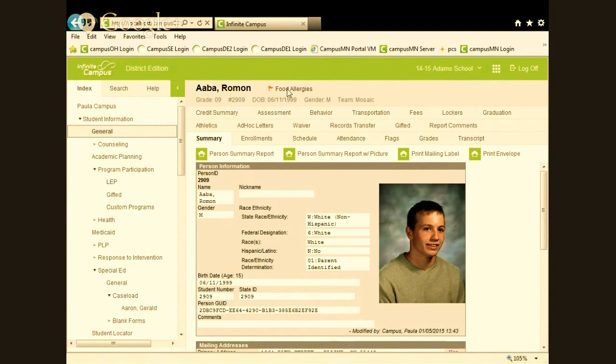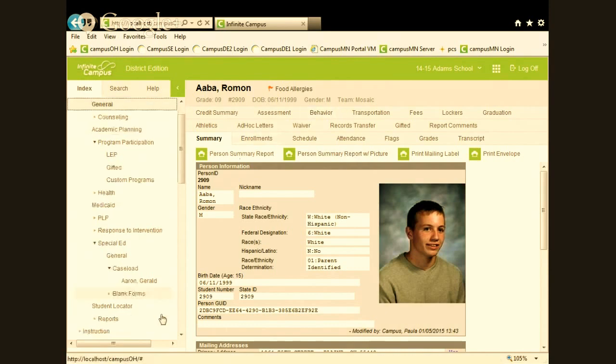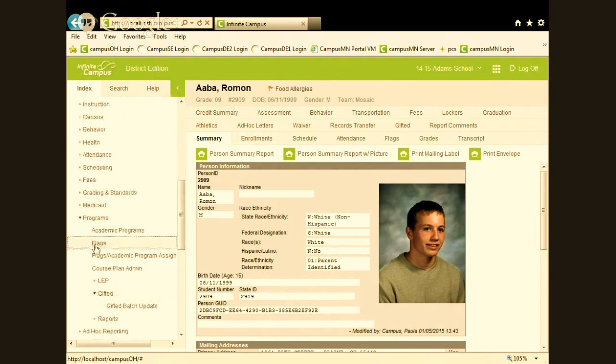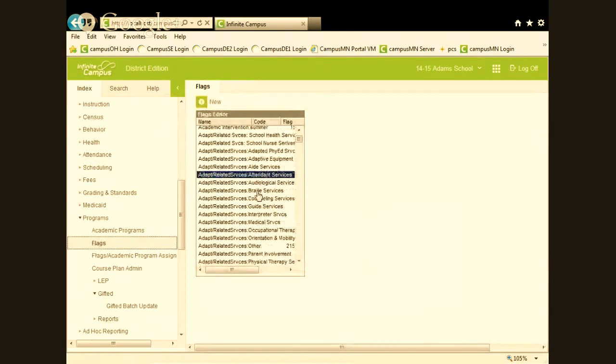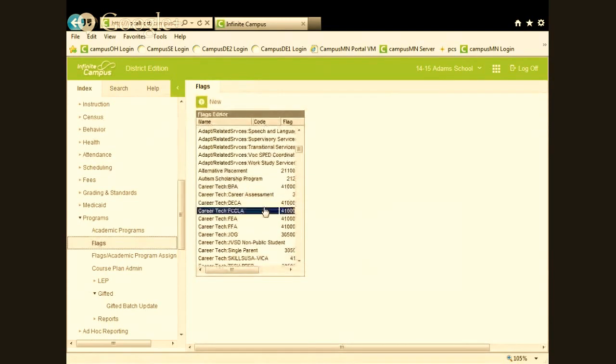We can share it with point of sale information, but this is not state reportable because back when I created it, I didn't check the little flag that says this is state reportable. So it's a dual purpose thing. Anything that's up here, you can choose to make state reportable or not. Food allergies is not. So that's our flag area. That's how we control that. Okay, and I'll just scroll through and show you how big the list is.